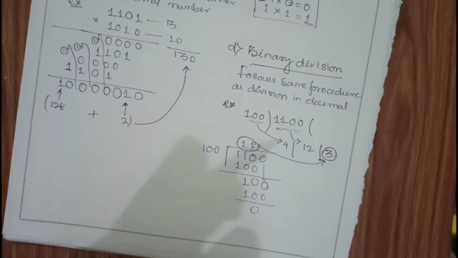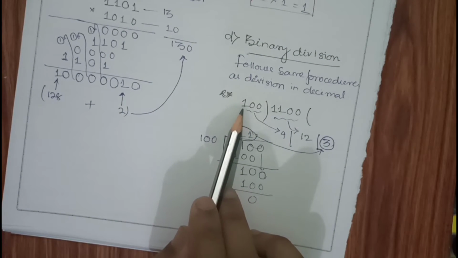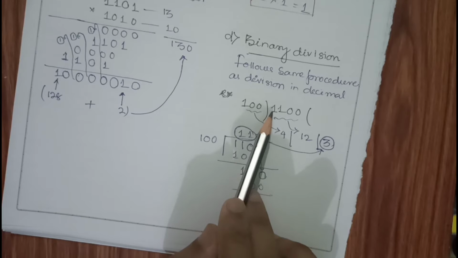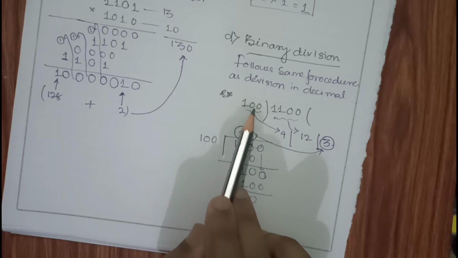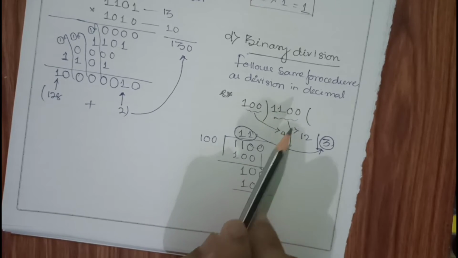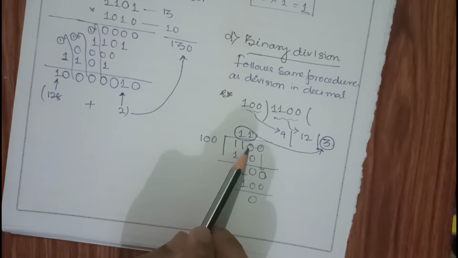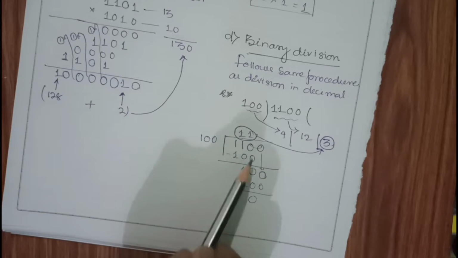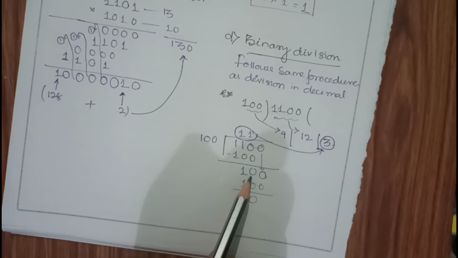Then binary division. Simple binary division, that you do in your decimal part. A number is given. Here the number 100 is given. You have to check whether this number is divisible by first 2 or first 3. Since here are 3 digits, I am taking the 3 digits. Here it is 1 0 0. Here it will be 1 1 0. So 1 0 0 multiplied with 1 will give me 1 0 0, because 1 0 0 is less than 1 1 0. Then I have to subtract 0 minus 0 0, 1 minus 0 1, 1 minus 0 0. So for left side I am not going to write 0. So what is remaining? That is 1 0. Then this 0 will come down. It will become 1 0 0 0 0.